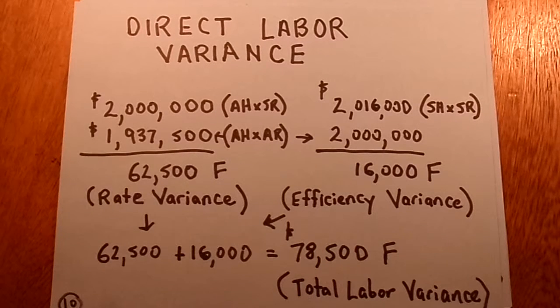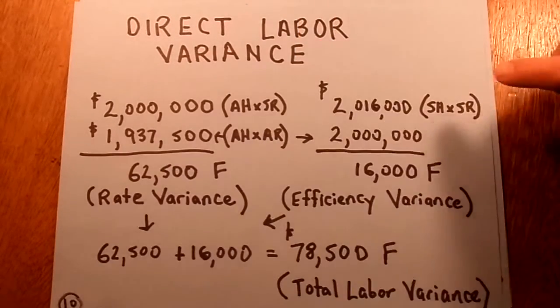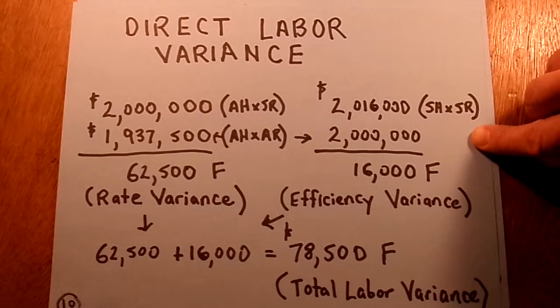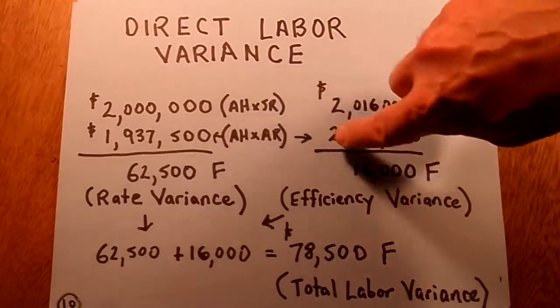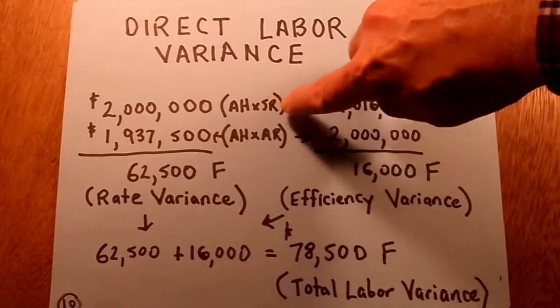It's a $62,500 favorable rate variance plus a $16,000 favorable efficiency variance, brings us a $78,500 favorable total labor variance. And again, because the handwritten paper contradicts what I'm saying, I want to point out again and show you that the efficiency variance is standard hours times standard rate minus actual hours times standard rate. So we should have had a diagonal line pointing down from the 2 million at the top here to the